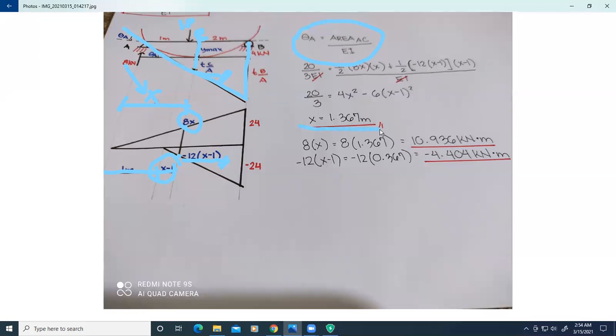So that will give us, EI will be cancelled because it's in both equations. So substituting and shift solve, we come up with x is equal to 1.367 meters. Then we can determine this magnitude 8x and this magnitude here. So the value would be 10.936 kilonewton meter and negative 4.04 kilonewton meter. Okay,